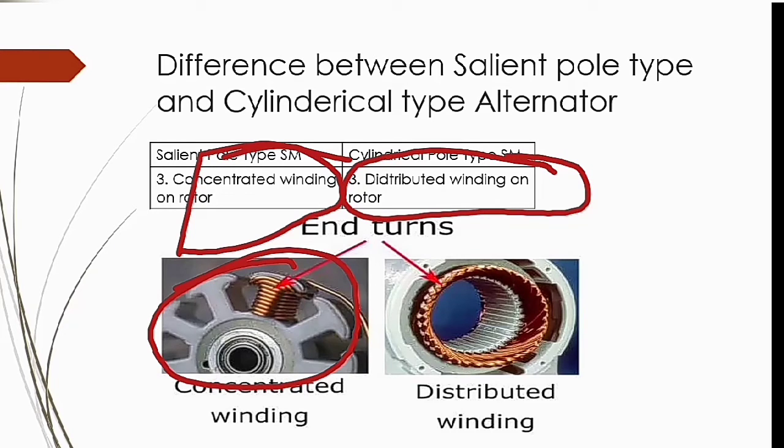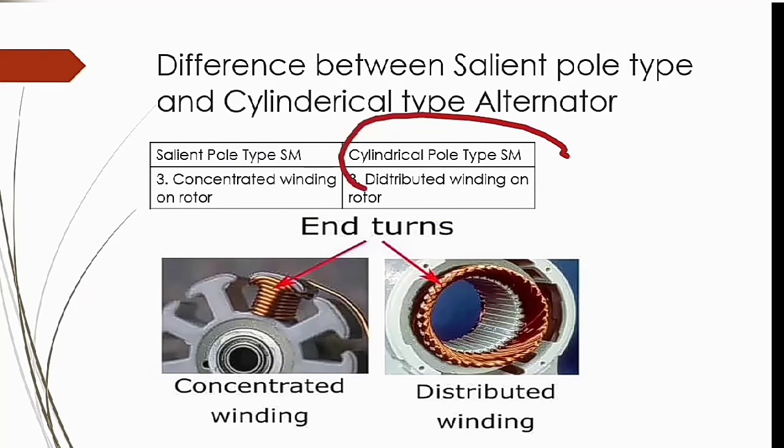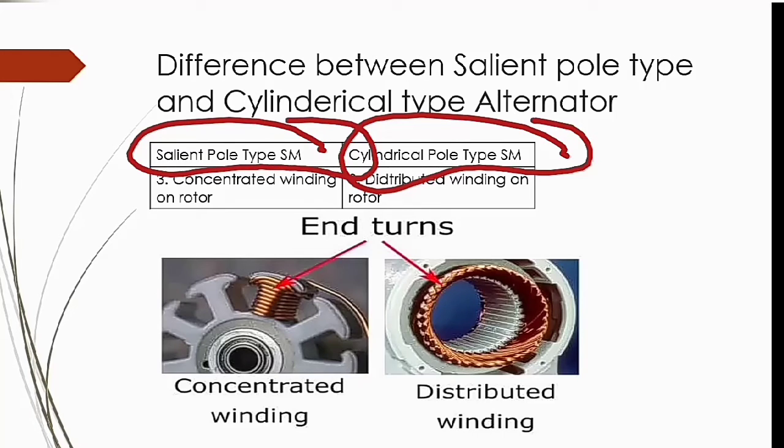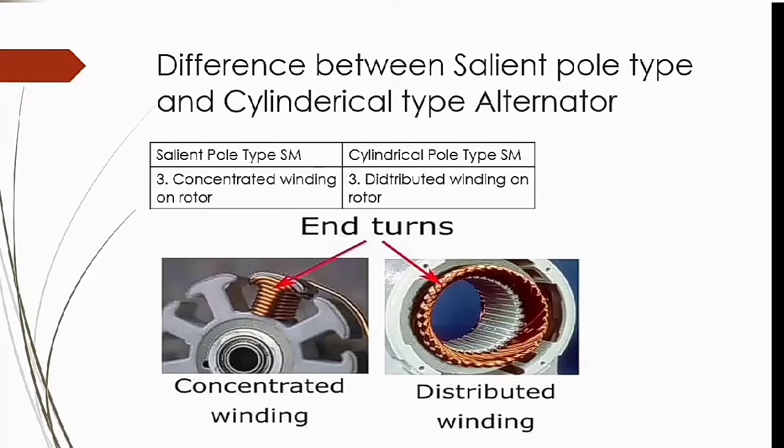Regarding the role of distributed winding, if we use the distributed winding, there are some drawbacks and some benefits we have. That is another topic which we will not discuss here. We just want to know what is the difference between salient pole and cylindrical pole synchronous machine. In salient pole we use concentrated winding, in cylindrical pole we use distributed winding. Okay, so the next one is,